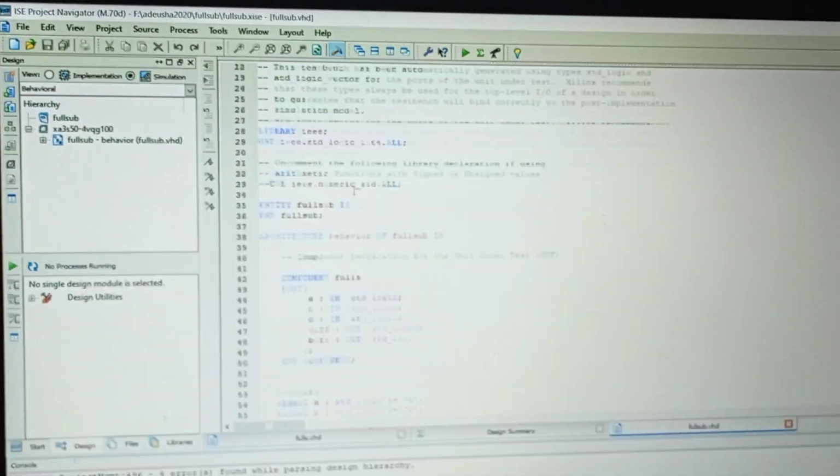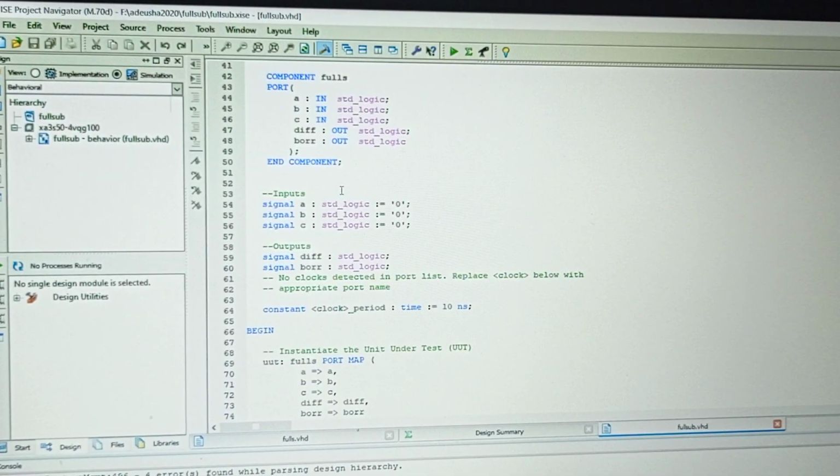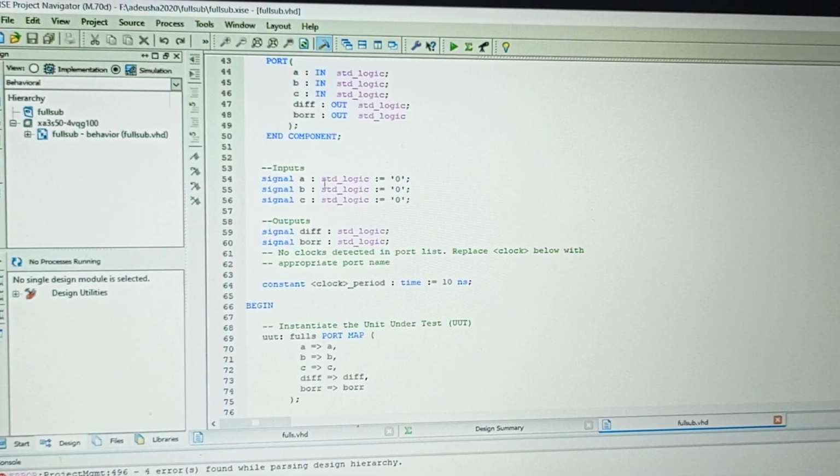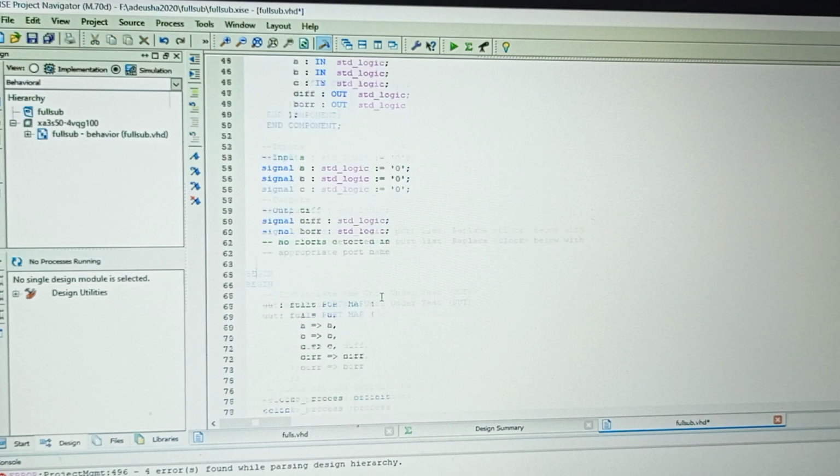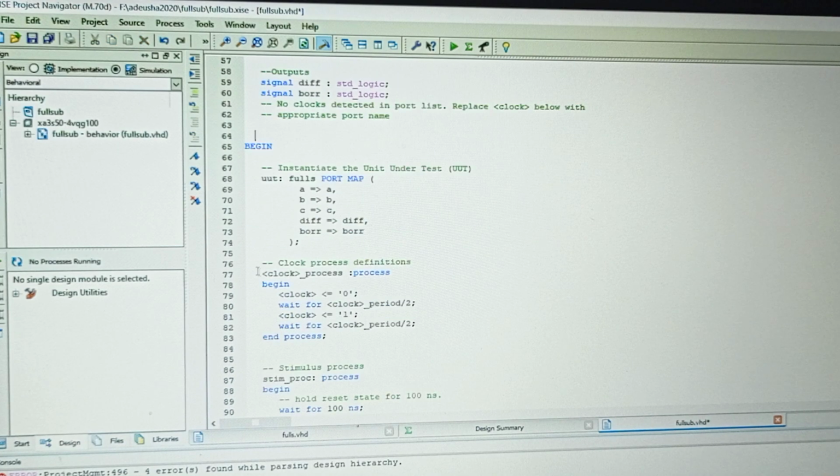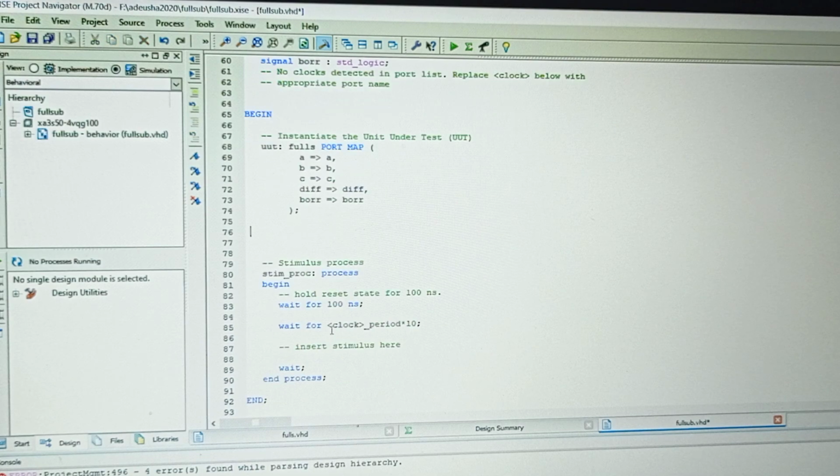Now the code is open. First, initially ABC values 0 and remove the clock. Now assign all the other values for ABC.